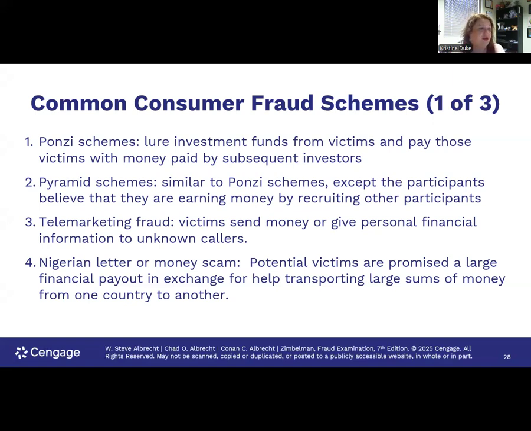Telemarketing, Nigerian. Okay, we all know there's a Nigerian prince with my name on it. They're always saying I'm related, even though I have the DNA report saying that I'm not. They want to wire me a bunch of money and then they need me to wire it back. That's how they get you.